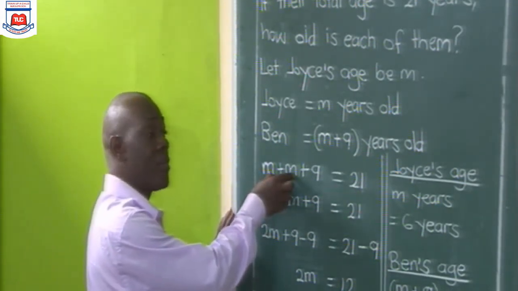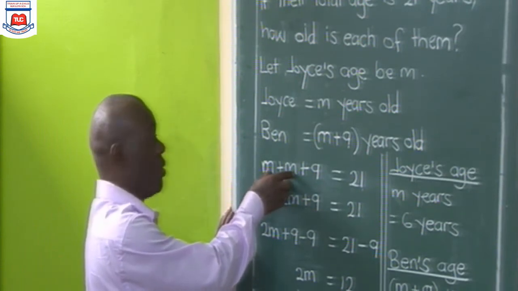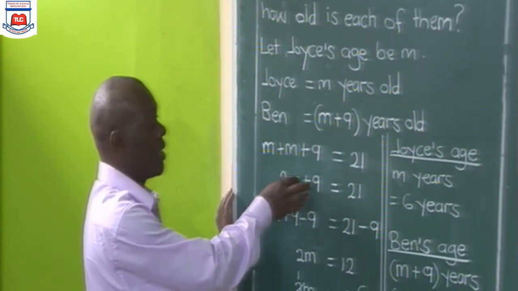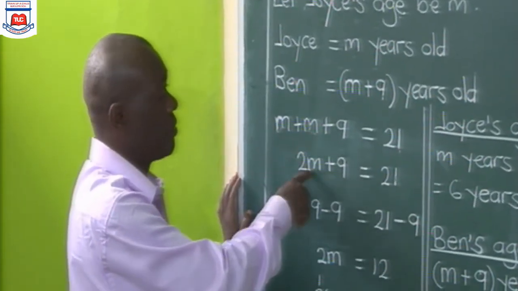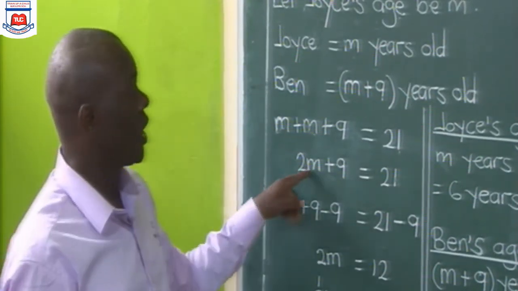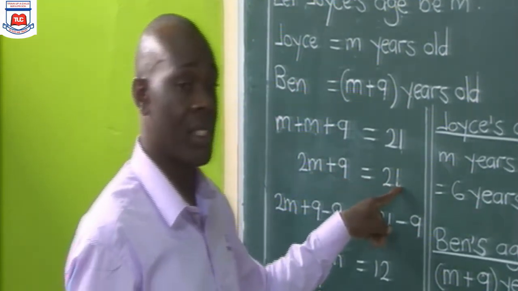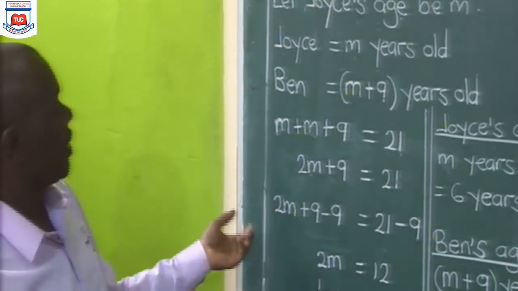Then like terms are already collected, or similar things are already together. That is M and M. So M plus M is 2M. 2M plus 9 is equal to 21. Now we're going to solve